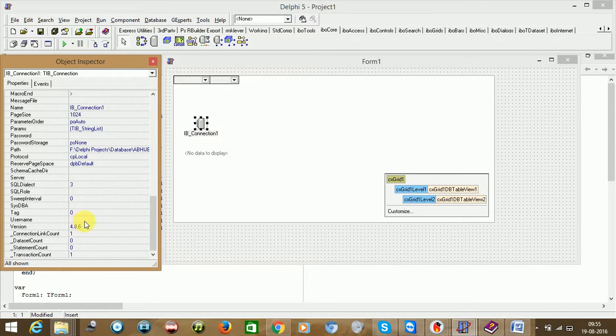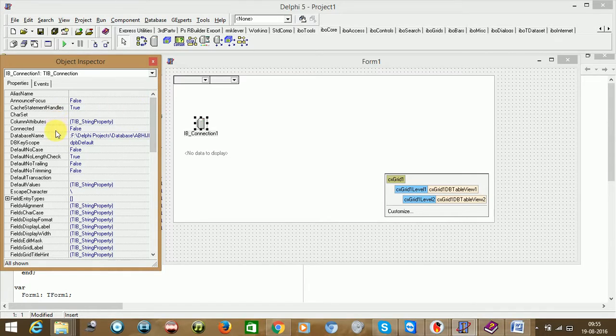Set again the default properties: sysdba, which is the default user. Password is masterkey, which is the default password. Password storage is not secure. Protocol, either you could keep it local or TCP/IP. Go there and say connected is equal to true.